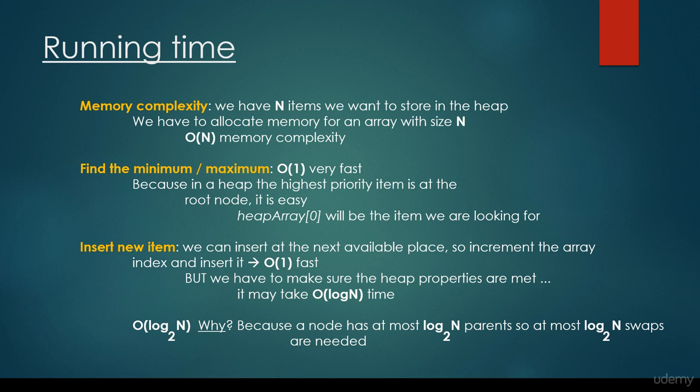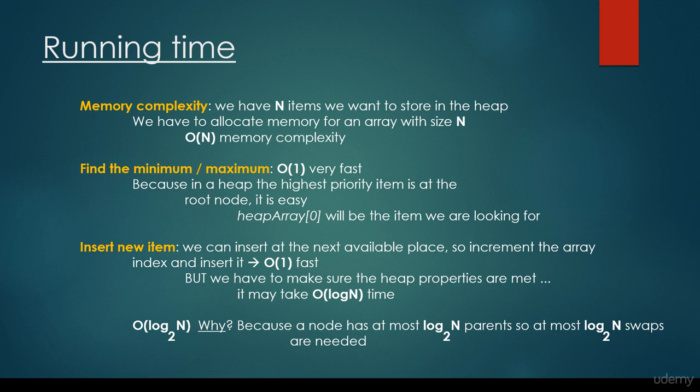What are the heap properties? This is what we have been discussing in one of the first lectures, that for example the tree-like structure has to be complete. Then, for a maximum heap, the parent has to be greater than the children. For a minimum heap, the parent should be smaller than the children. So it may take O(log n) time to make sure that the tree-like structure is a valid heap data